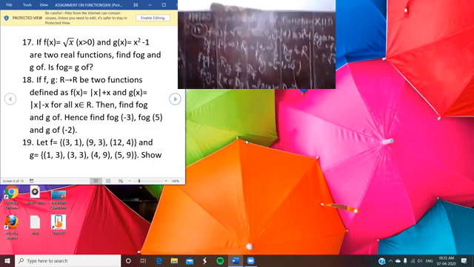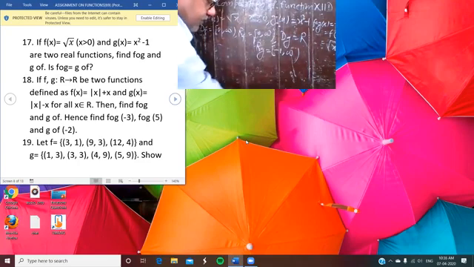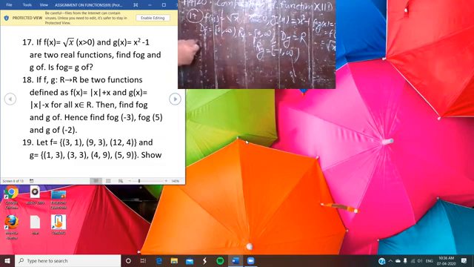Now come to the value of fog function. So fog is completed. Now you find the value of gof. In case of gof, what you have? A range of f. So check it, where is range of f? 0 to infinity. And that is a subset of domain of g. Yes, it is correct. So range of f is a subset of domain of g here.